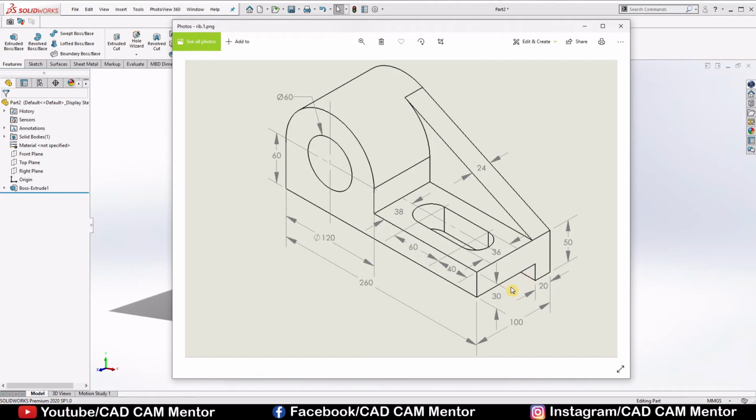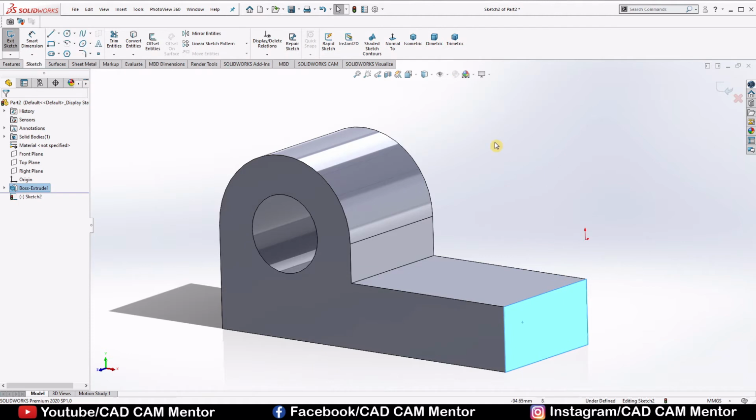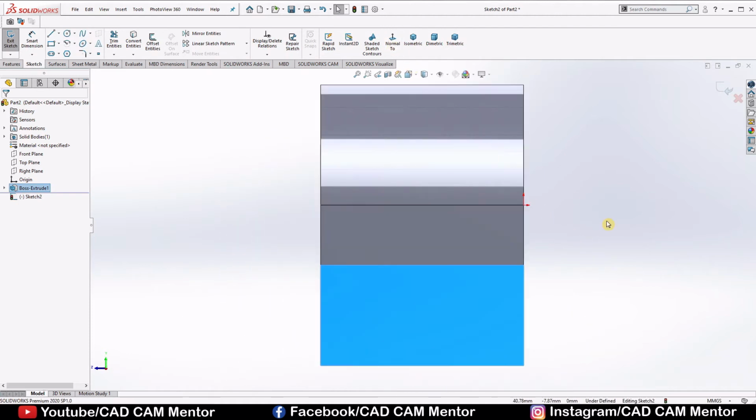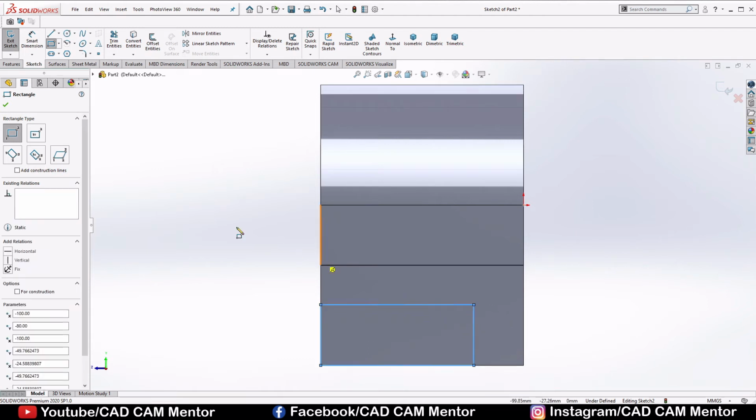Now we'll cut this rectangular gap. The height of this gap is 20 mm and the width is 80 mm. So right click on this surface, select sketch, select normal to. Select the small arrow beside rectangle and we'll select corner rectangle here. Draw one rectangle here.